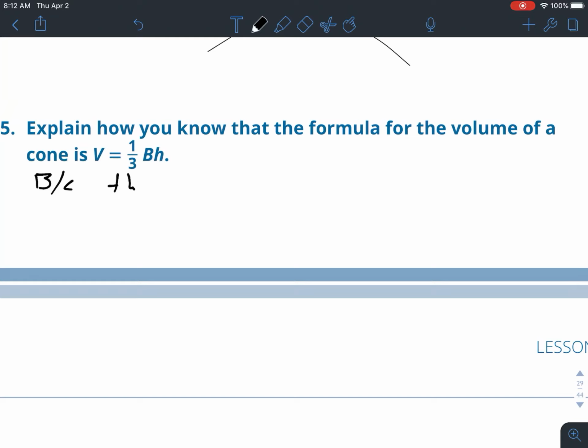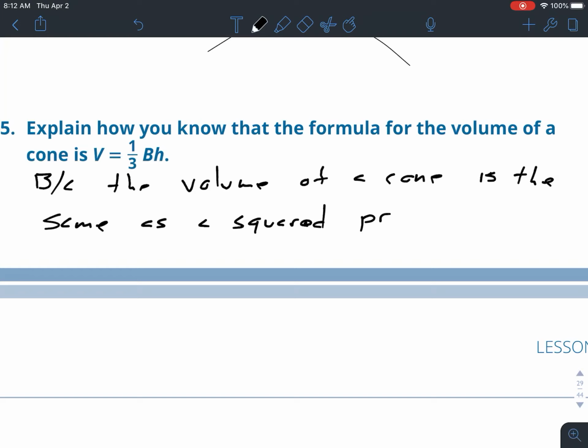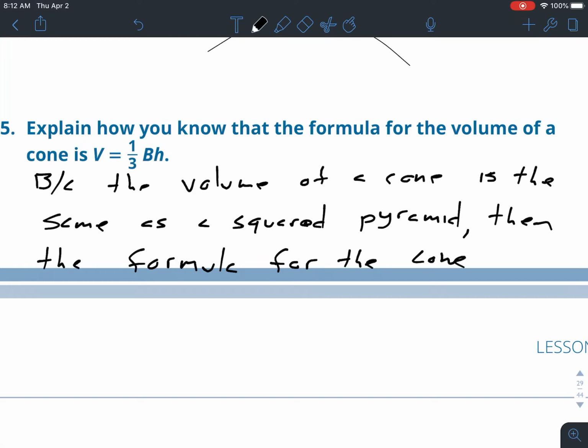Because the volume of a cone is the same as a square pyramid, then the formula for the cone is the same as a square pyramid. So essentially what that means is that because we know that the volume of a cone is the same